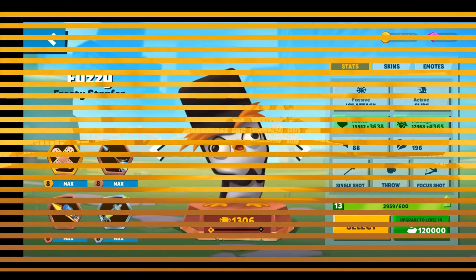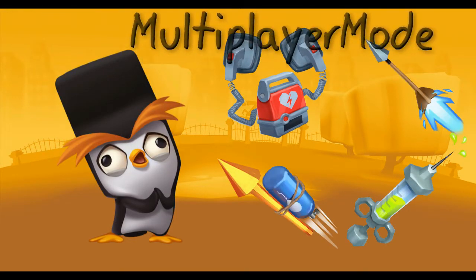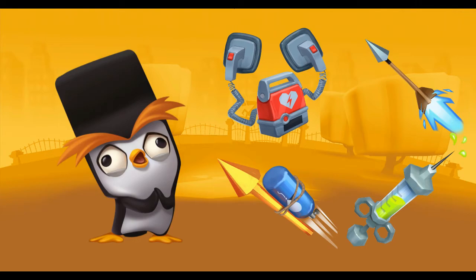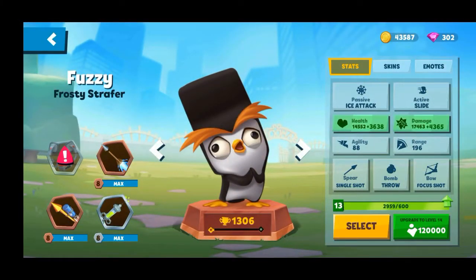Now going on duo, trio and squad, I'm using the same, but I'm just replacing the bandage with the defibrillator like I did to other characters also. Of course each one of you can find another build to use for any character, but from my experience I've noticed that I play better using this build. And here is my build for multiplayer. And now